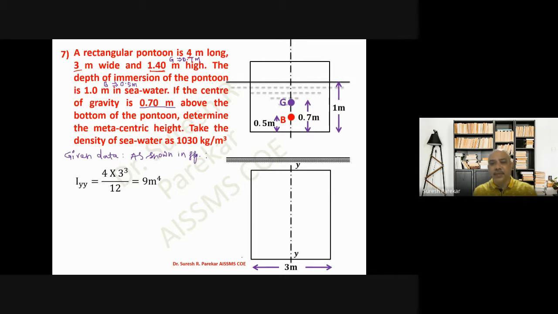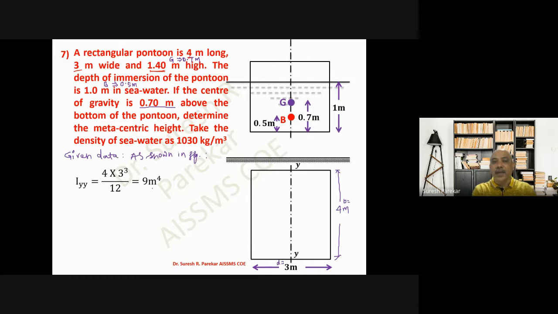Then we are going to get value of Iyy, and that is equal to BD cube by 12. Now this will be considered as L, and this will act as B because we have to take moment of inertia about y axis. So my width becomes the depth. So this becomes B, and this becomes D, and we have BD cube by 12. And that will give me 9 meter to the power 4.